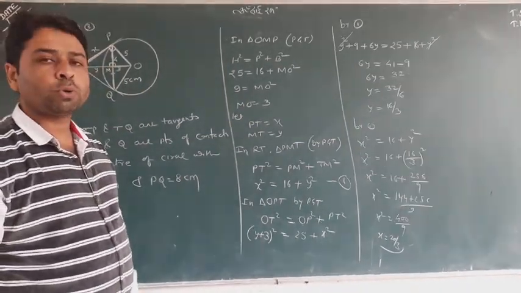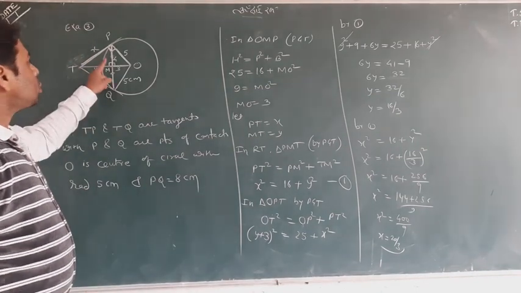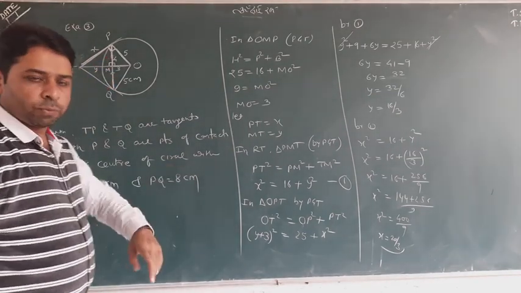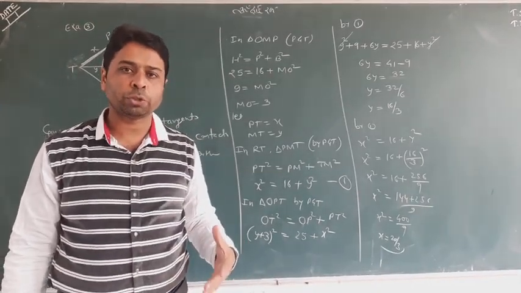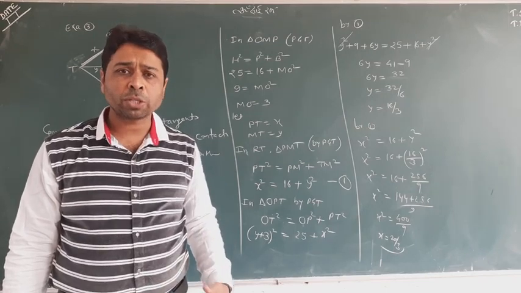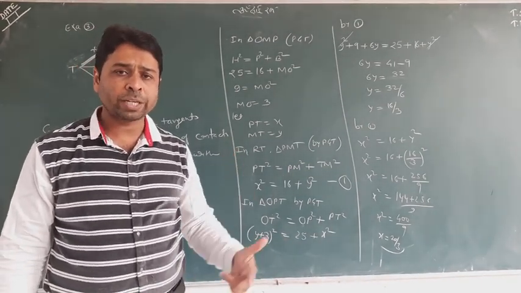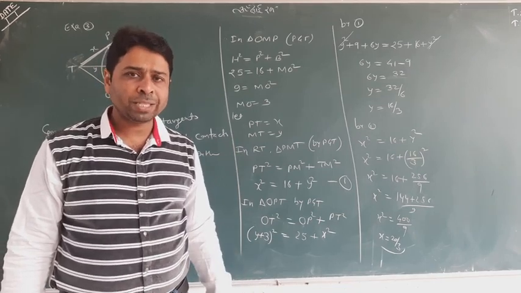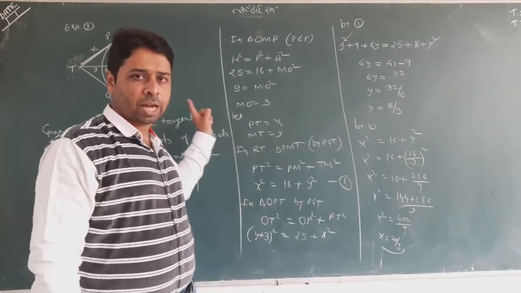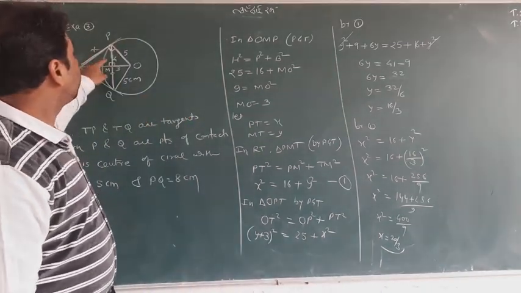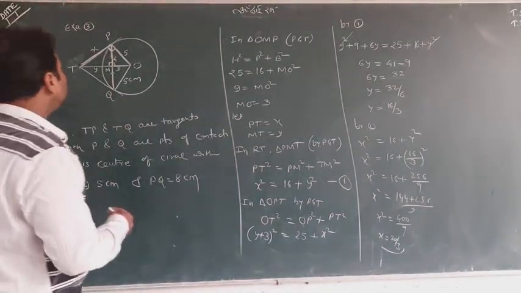So this is a very good question. If you can understand that these two are equal and this is 90, which was also part of the question which must be proved there. But I assumed it directly because the question was already so long. If I did the same as I told you right now, it would take a long time and the question would become so long. That's why I avoided all these things and directly assumed that this is 90 and these two are equal in length. Okay, so this was a good question for exam. So do this.